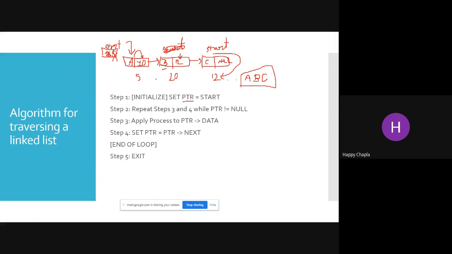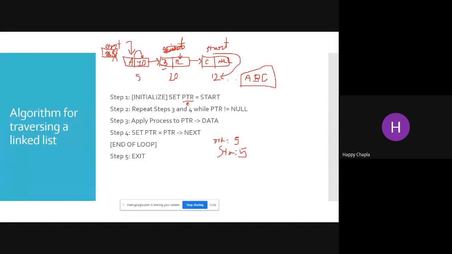So what we can do is take the start variable's address into one temporary node, known as PTR. So now my PTR equals 5, as well as my start equals 5.